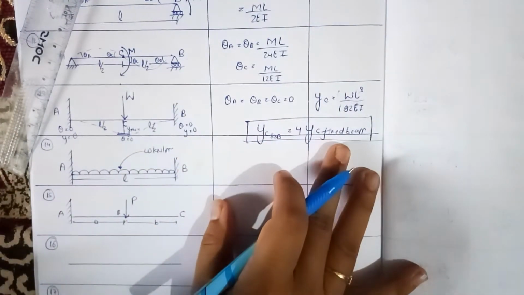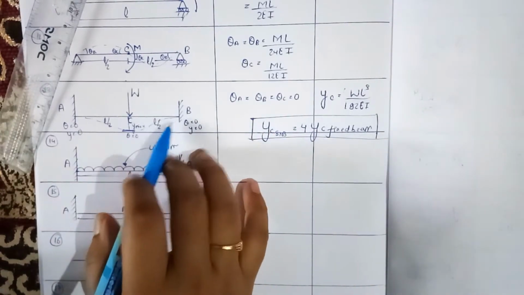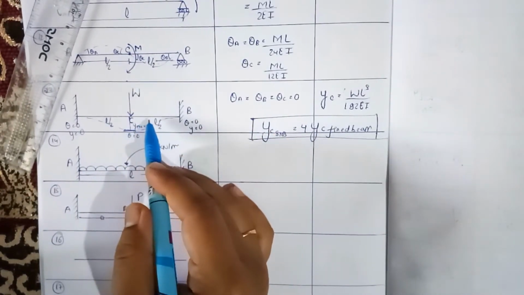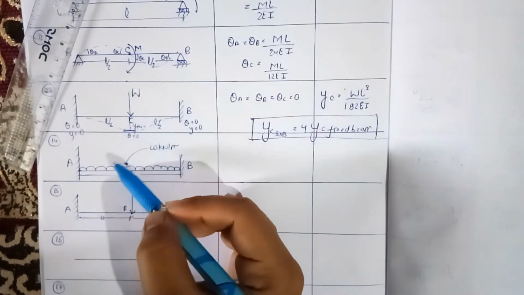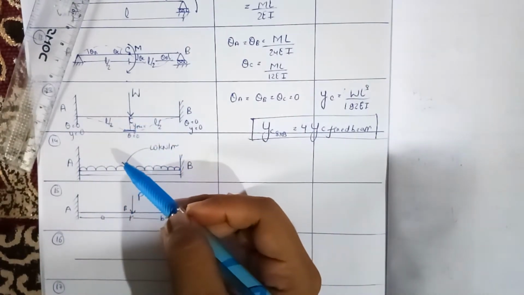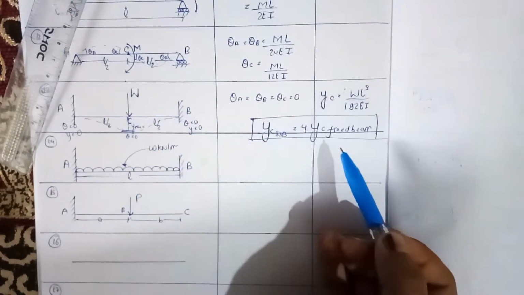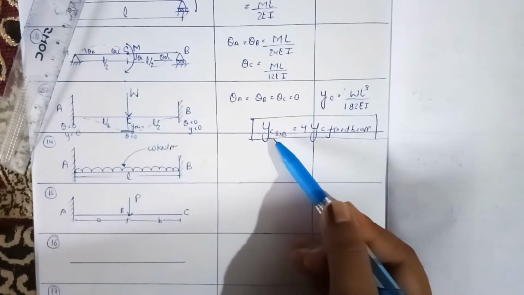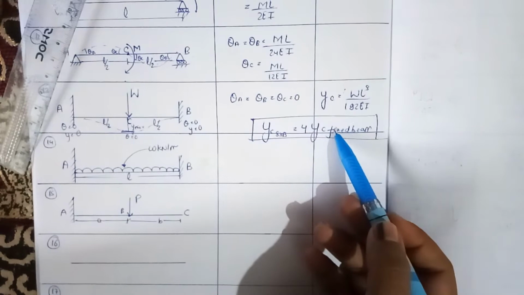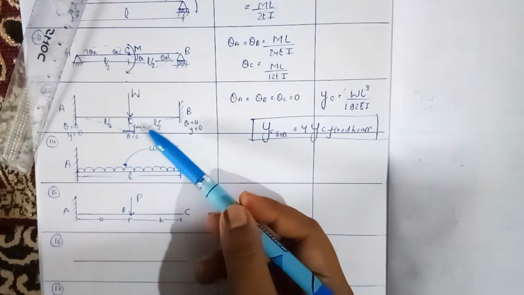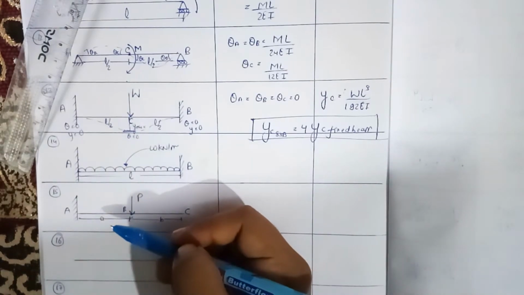That's why you can understand why we use the fixed kind of beam: to reduce the value of deflection. That's why the fixed beam is preferred over the simply supported beam to reduce the value of deflection. You can see that the value of deflection of the simply supported beam is 4 times the value of deflection of a fixed beam. Okay, so this is the concept of deflection, and that's why the fixed beam is preferred over the simply supported beam to reduce the value of deflection.